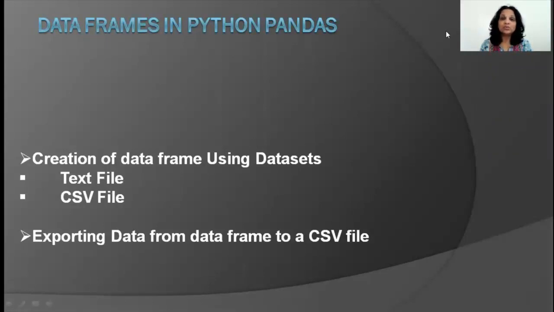Okay, so today in this video, we are going to be talking about importing and exporting data from a text file or a CSV file into your pandas. So that's called importing, or exporting, transferring contents from your data frame into a CSV file. Okay, so we're going to be learning